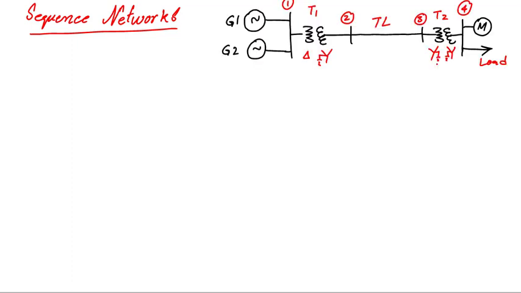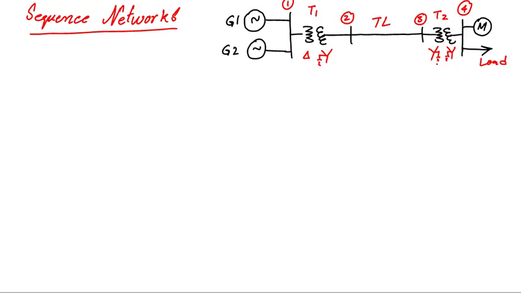As an example, the one line diagram of a system is given over here. In this one line diagram we can see with bus number 1 there are two synchronous generators connected. Then between bus number 1 and 2 we have transformer T1. Its winding configuration is given as delta Y grounded. Then we have a transmission line between bus number 2 and 3, and then another transformer T2 between bus 3 and 4. This time the transformer winding configuration is Y grounded, and we can see from the symbol both side neutrals are solidly grounded. Then we have a motor connected to bus number 4, that is a synchronous motor, and a static load is also connected at the same bus 4.